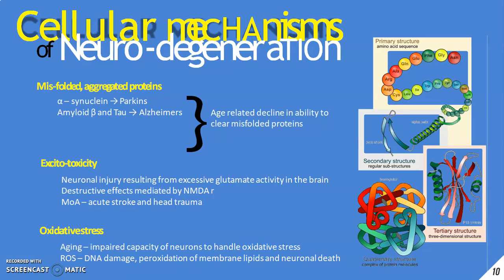The third is oxidative stress. Aging may be one reason, with impaired capacity of the neuron to handle oxidative stress. In oxidative stress, reactive oxygen species get produced, which act like a bullet to the cell, so they cause DNA damage and also peroxidation of membrane lipids and neuronal death. Overall, this will lead to neurodegeneration. In such conditions, neurodegenerative diseases, smart drugs may be essential, not in healthy volunteers. In the next slide, I will be talking about